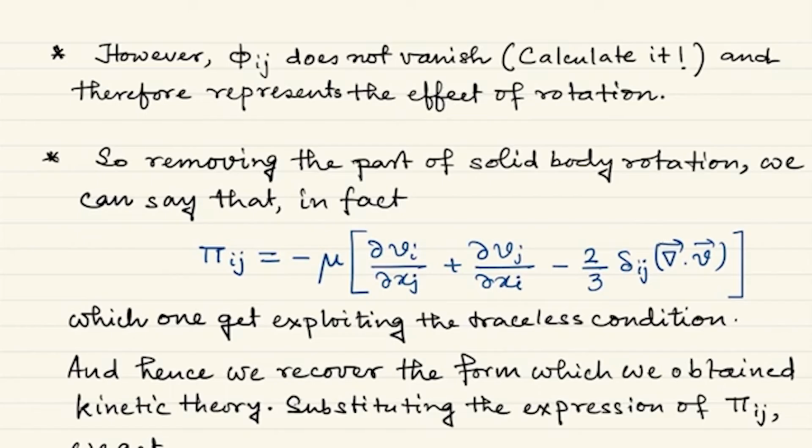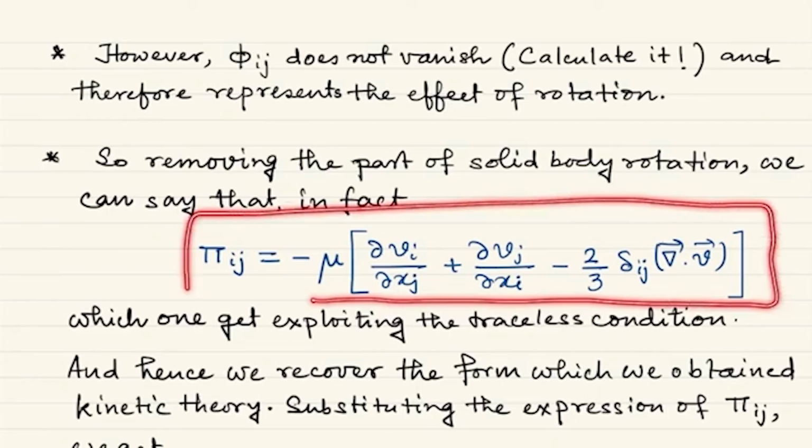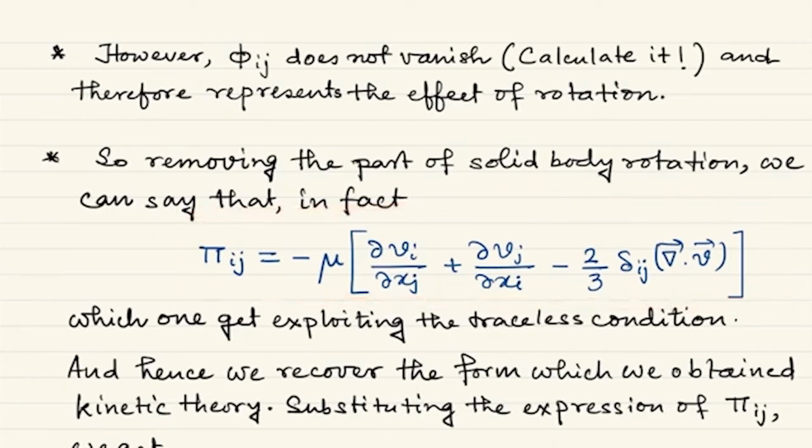Then you know how to do that. Pi ij is nothing but equal to minus mu times del vi del xj plus del vj by del xi minus 2/3 Kronecker delta ij times divergence of v. Okay, where divergence of v is nothing but the trace of